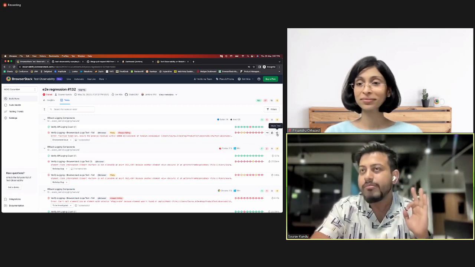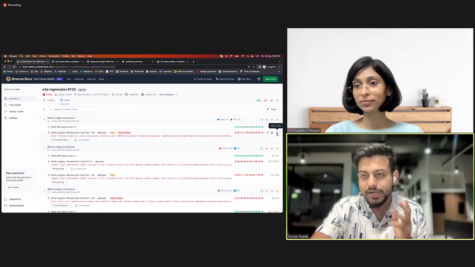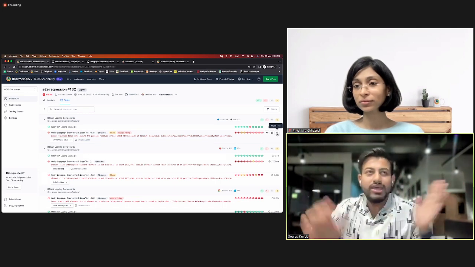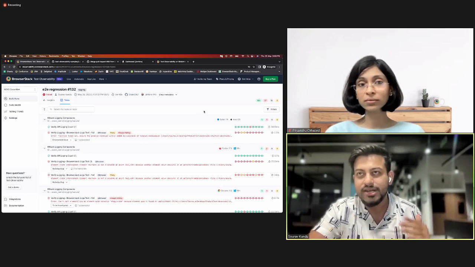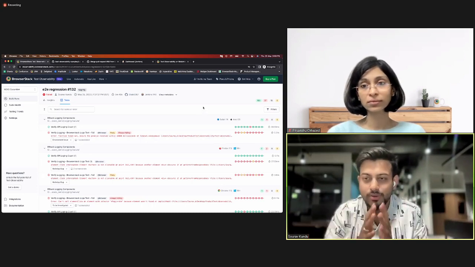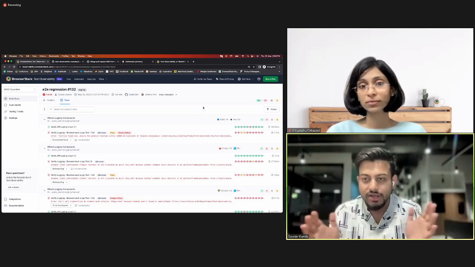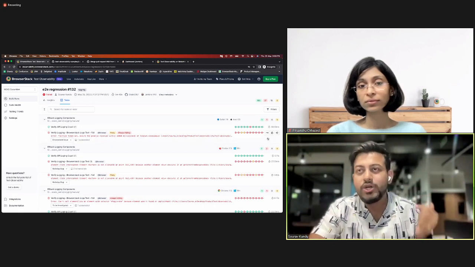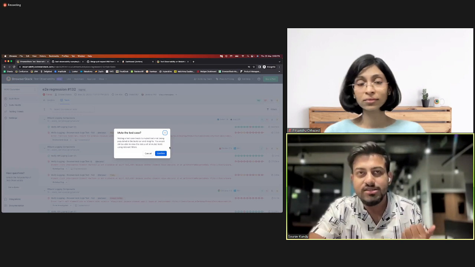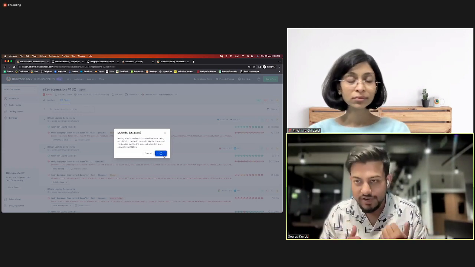Also, there's something called muting as a functionality. What this means is, let's say, okay, this is a noisy report, right? There are so many always failing test cases. There are so many flaky test cases. You want to clean that noise out so that you see only genuine test failures and nothing else. You might want to actually mute such test cases which are noise for you, right?